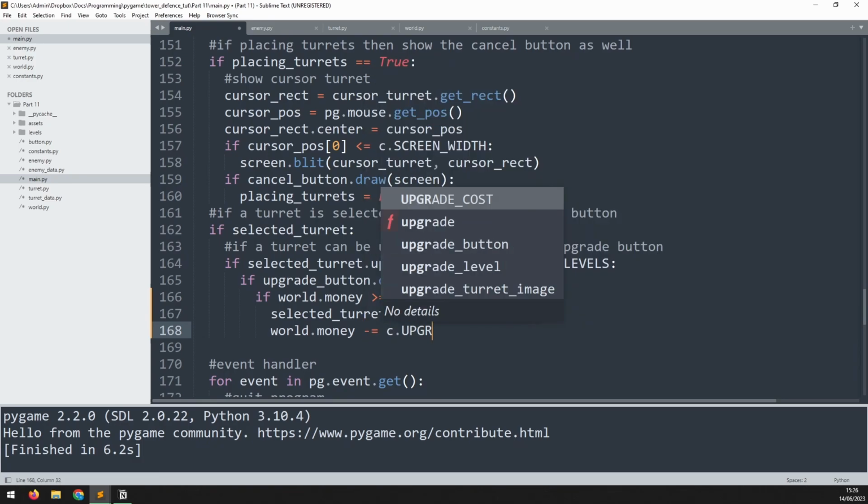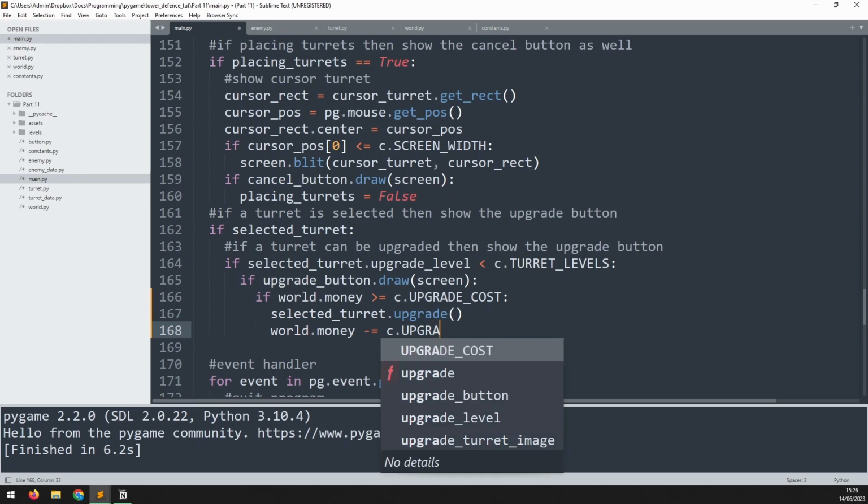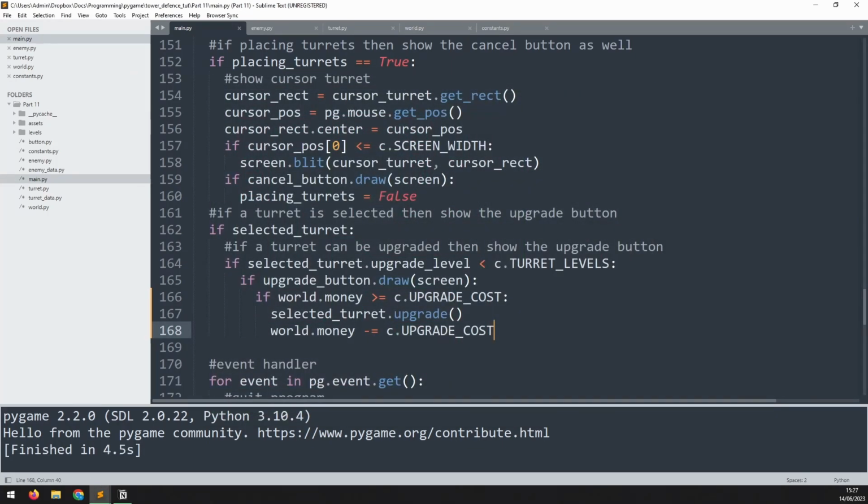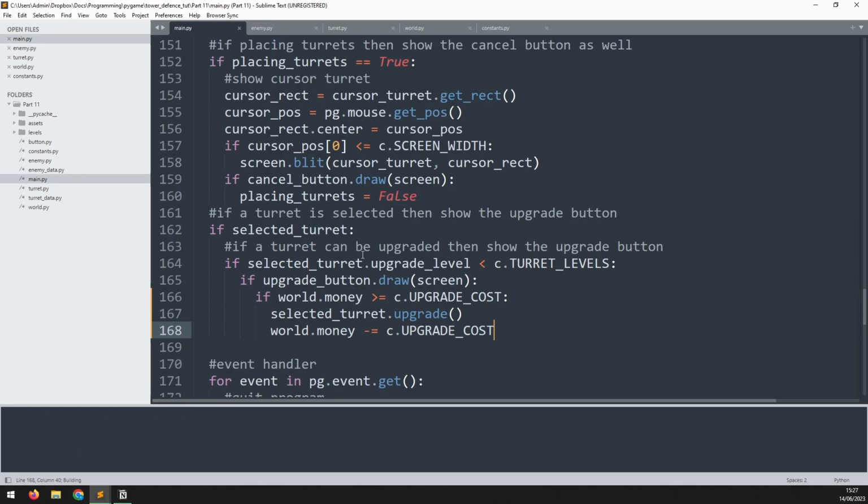So minus upgrade cost. Run this again. So let's say I place down 3 turrets and then I try to upgrade one. I can't. It won't let me because I can't afford to. And this will limit how many turrets we can place and how quickly we can upgrade them. So it makes the game a little bit more challenging and you can't simply just spam turrets all over the